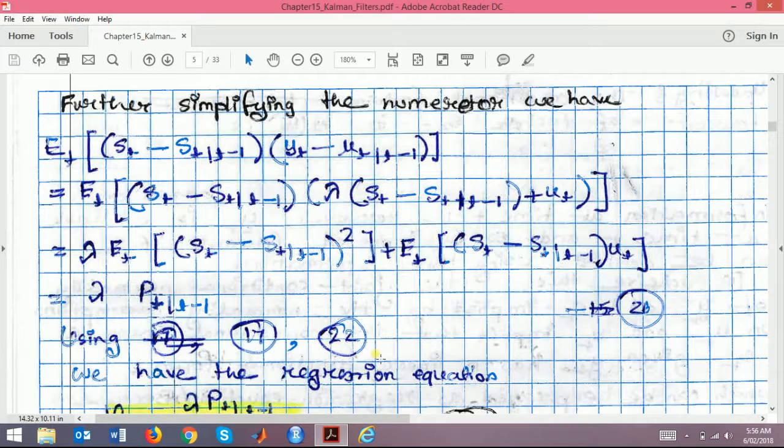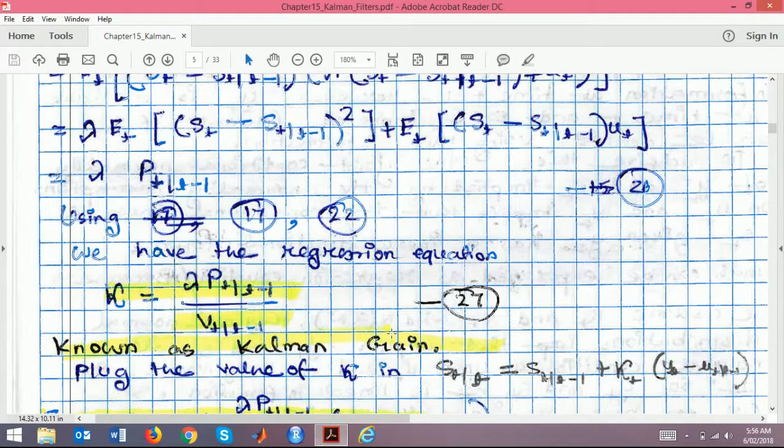So we already have p10 measured, we just simply multiply that with lambda for our numerator, and kappa becomes what? Lambda p10 divided by v10. So you have the variance multiplied by lambda, and that is divided by the conditional variance v10. That's it. And throughout all this process, we have already measured p1 and everything. Okay, so in the very first updating phase, we predicted s1 and p1, and now we know that